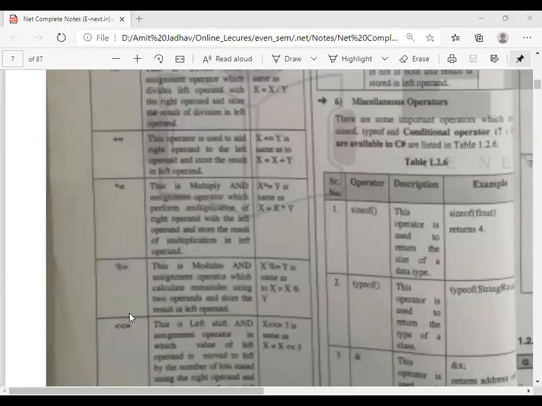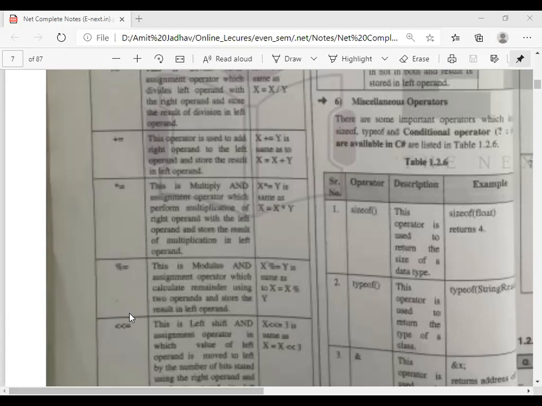So here again we go for Excel. A minus equal to B means A is equal to A minus B. Like that we use all the operators. Here A is equal to A minus B. Here I increase the font.